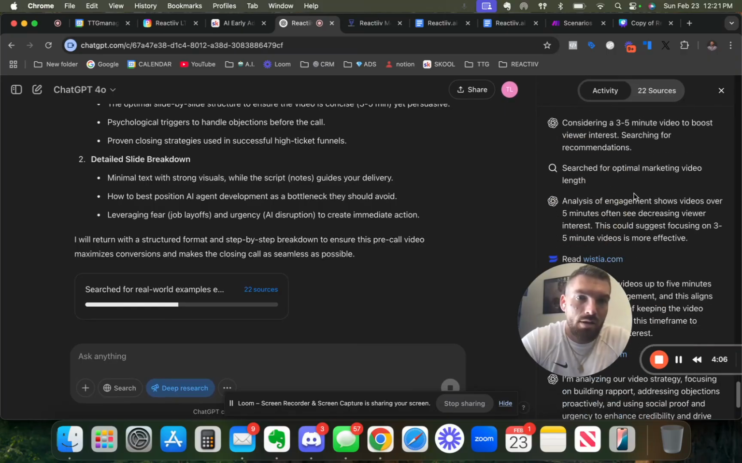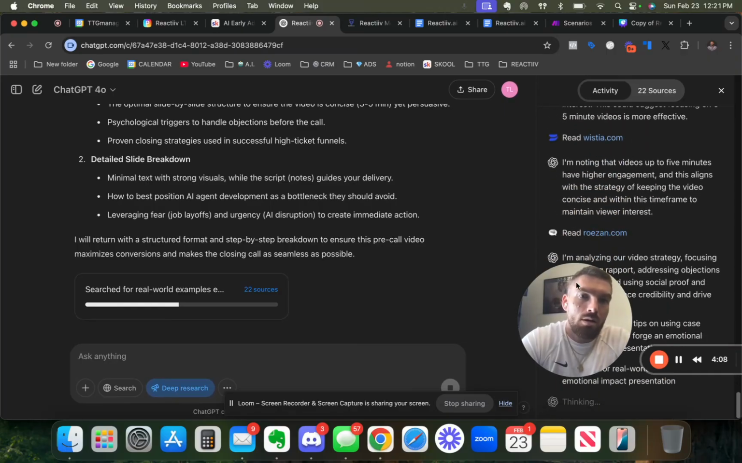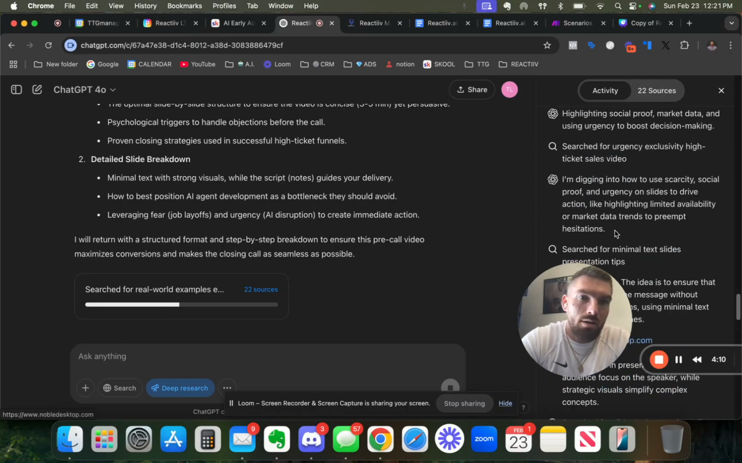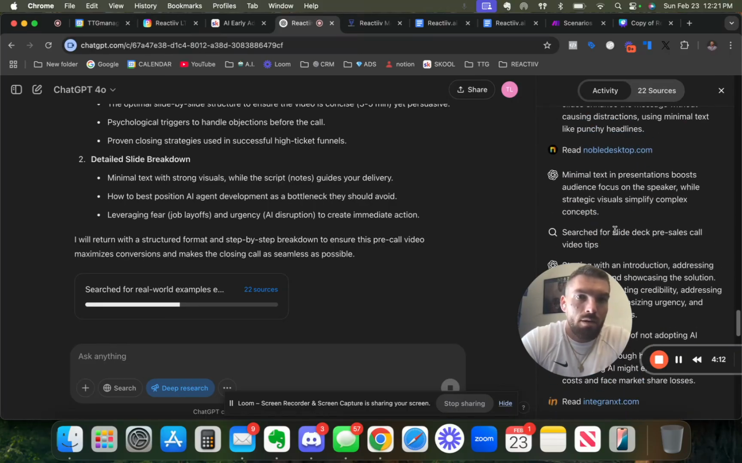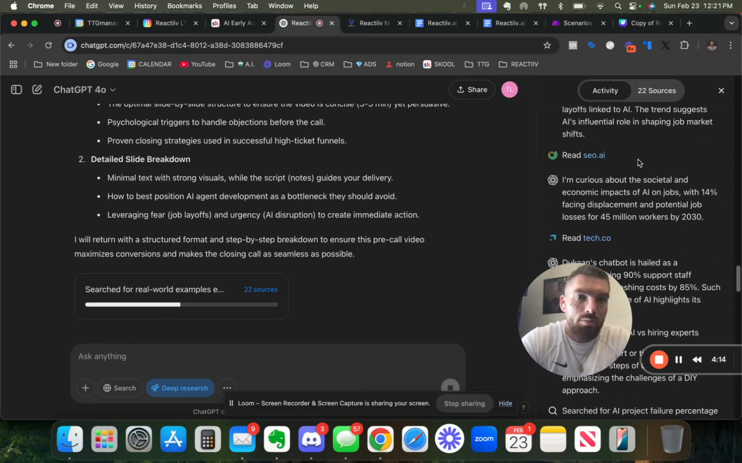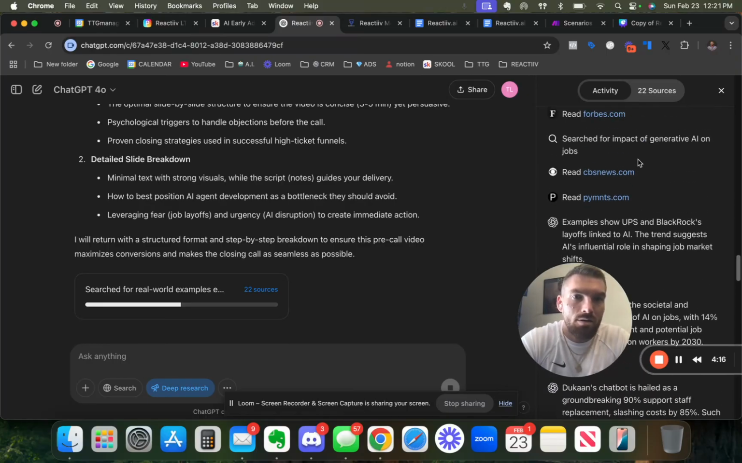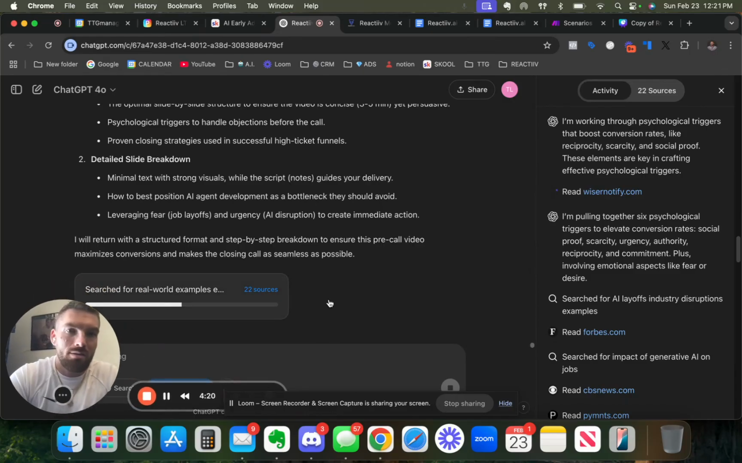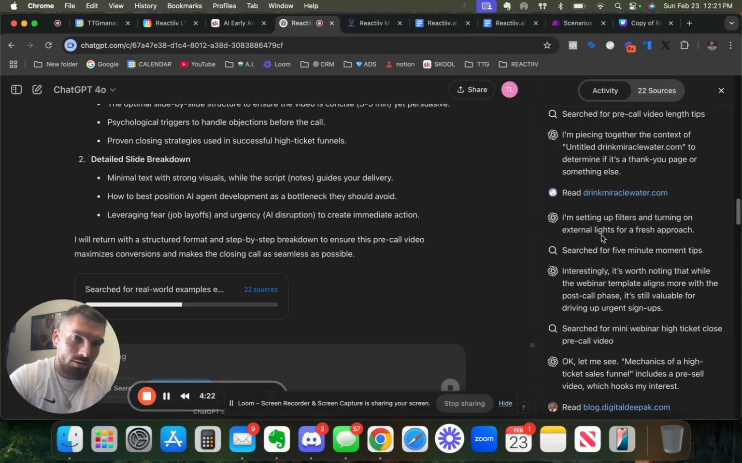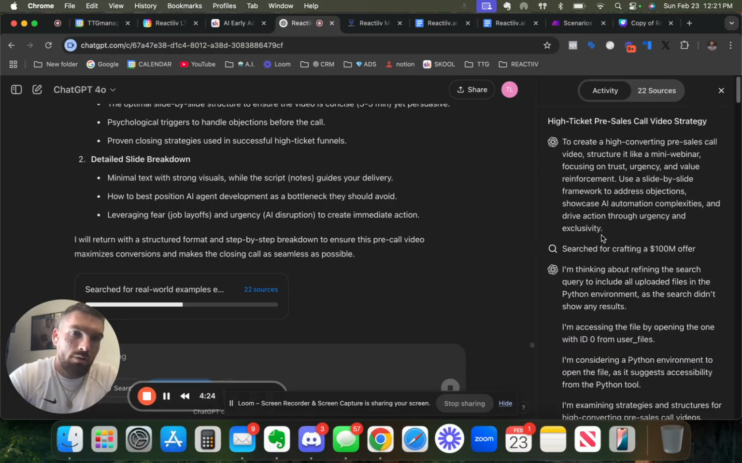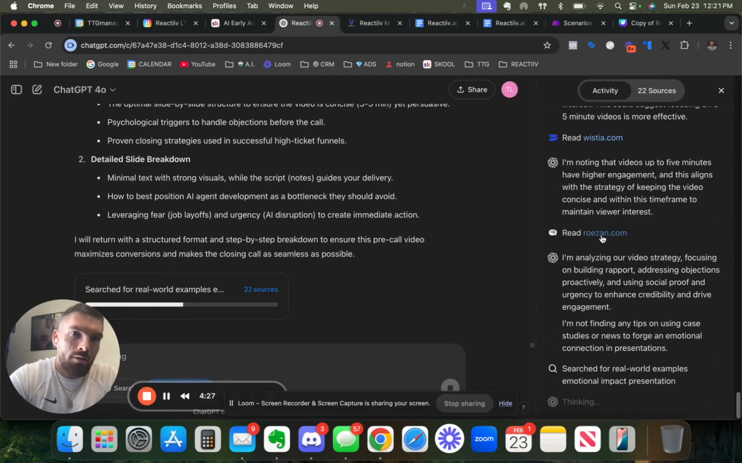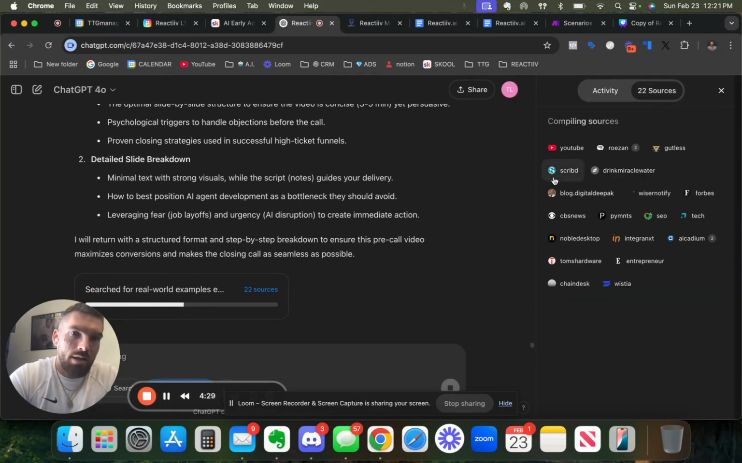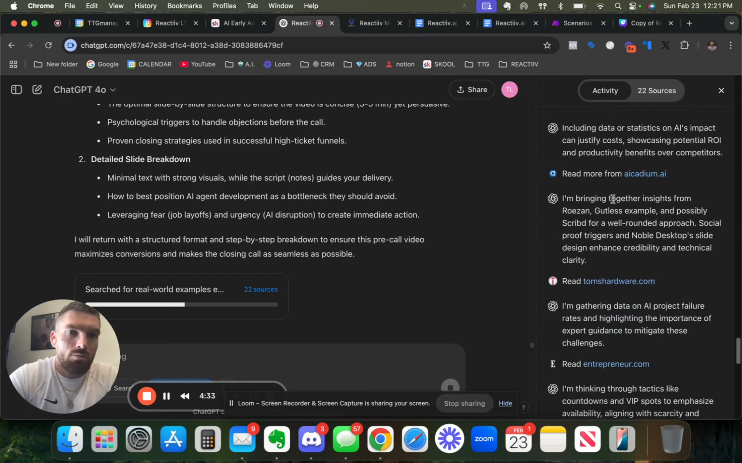So chaindesk.ai, Wistia, Roseanne.com, Noble Desktop, tech.co, SEO.ai. As you can see, all of these tools and all of these other offers and companies that it's doing research on currently over here on the right hand side. And then it lists out all of the sources that it's using as of right now to come up with